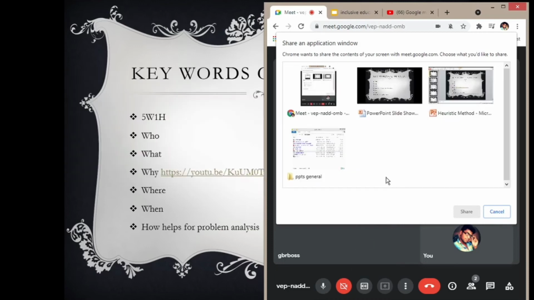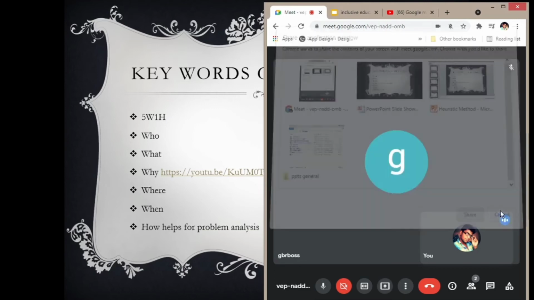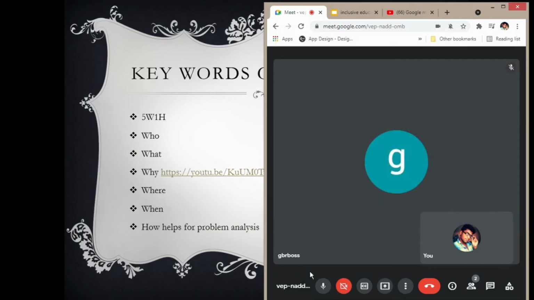Don't worry. And if you have shared a tab, then obviously you know the advantages of a tab. Share audio is also available there. With the entire screen, audio is also available. Now this is one part of it. You understood, right? The presentation screen and the switching of tabs, how it can be wisely utilized. So that we have understood.